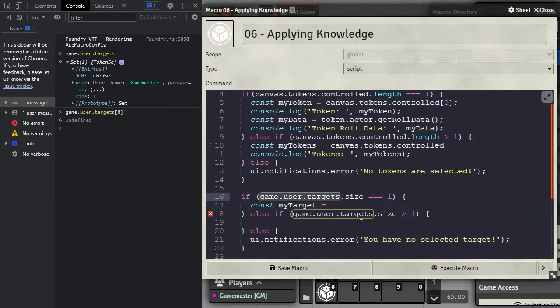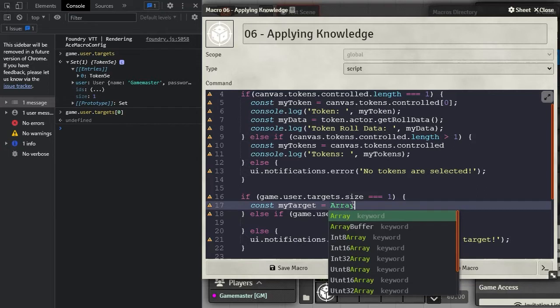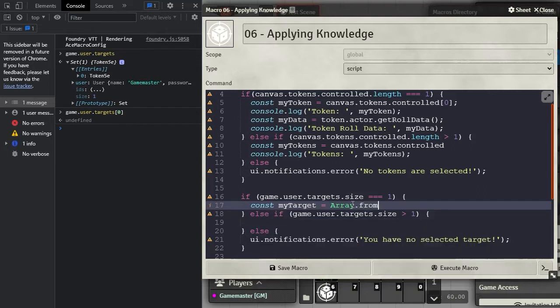Well, actually not quite. We're going to keep that. We want to do Array.from, A-R-R-A-Y, and it is important that it's an uppercase A, and then we're going to do from. So this is going to convert an array from what we're doing. So we want to say from this, say V,